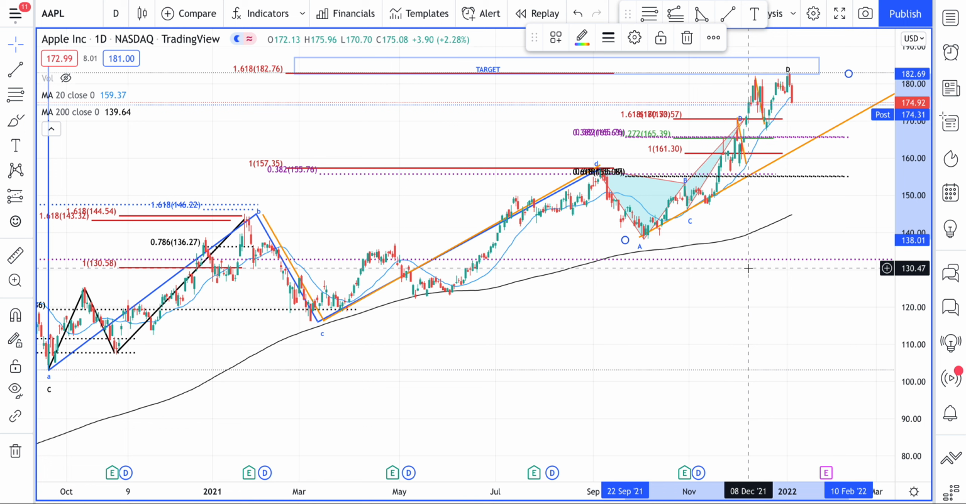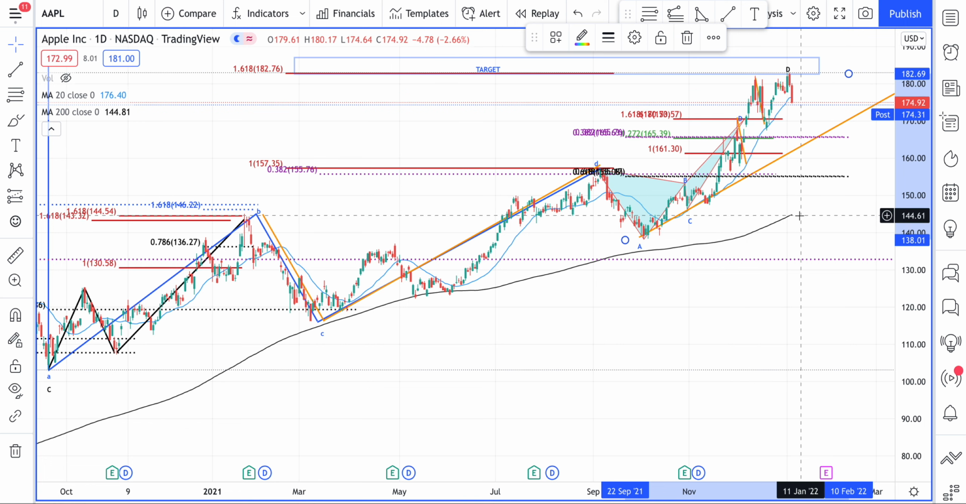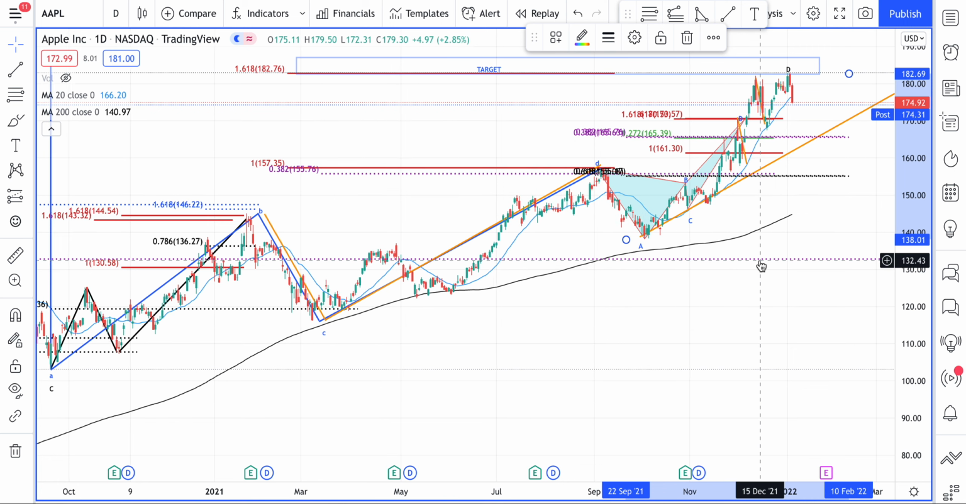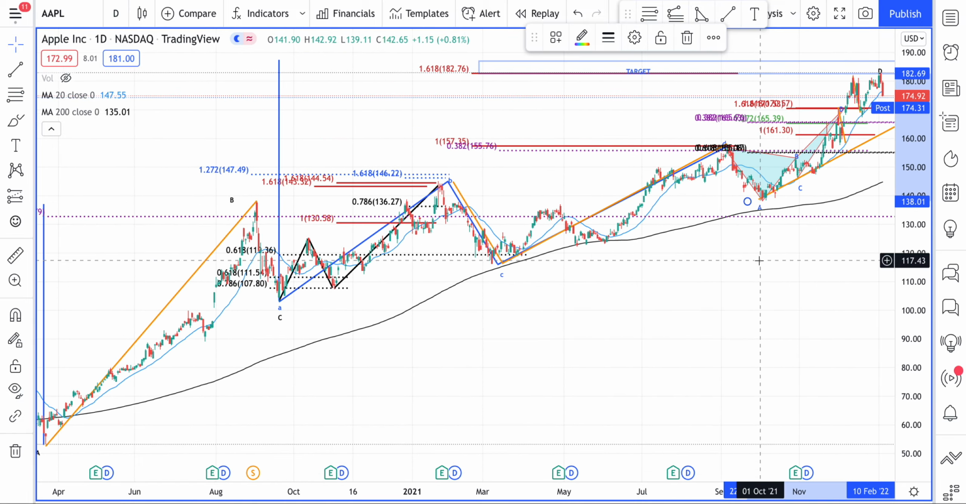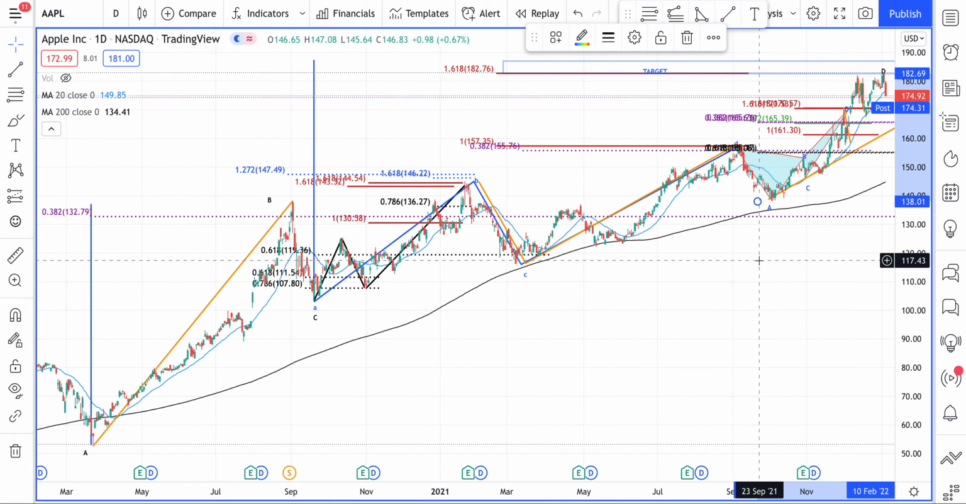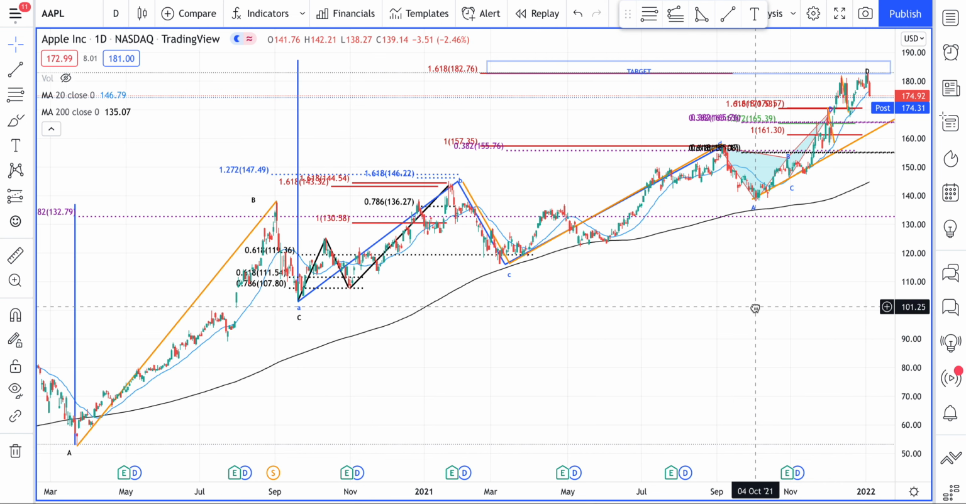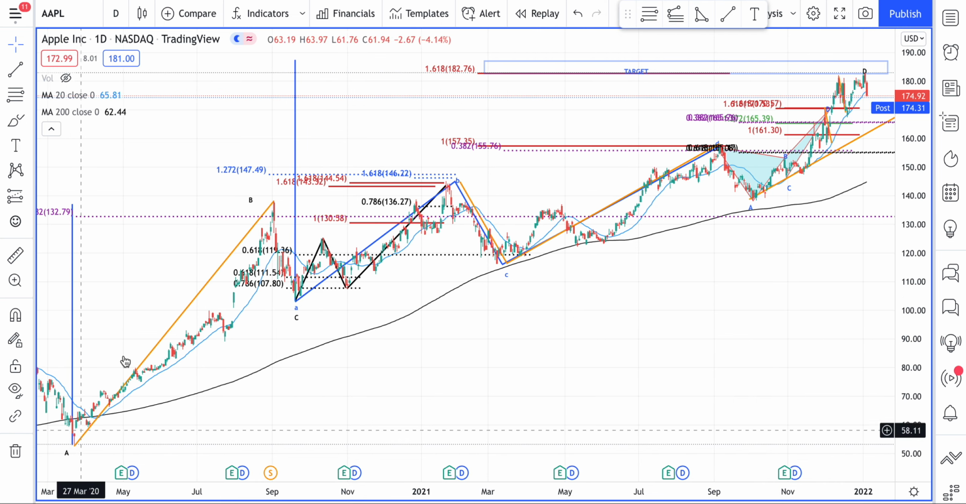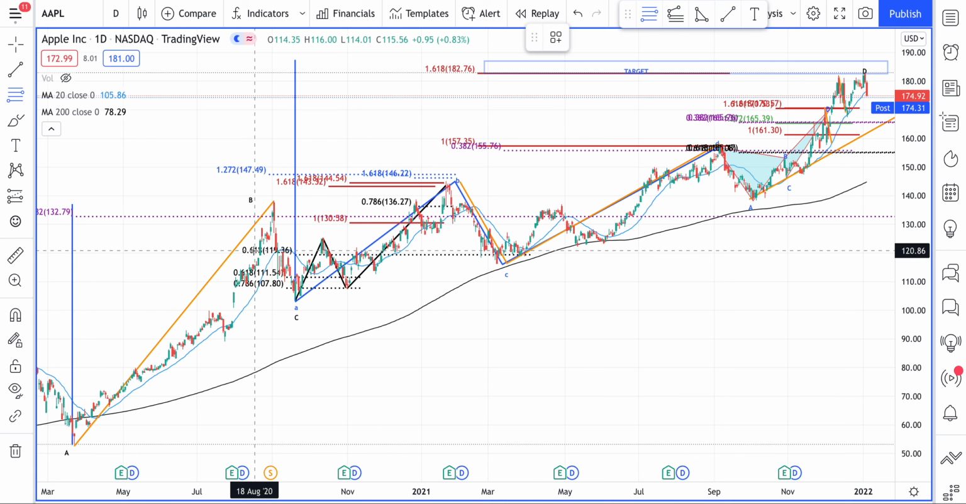If, for example, we get a stronger correction, and the price begins to close below the 200-day moving average, which is around, we can say, $145 per share, that means that actually we are possibly looking at a larger cycle correction. So we'll have to go back to our 2020 low of March, and then if we